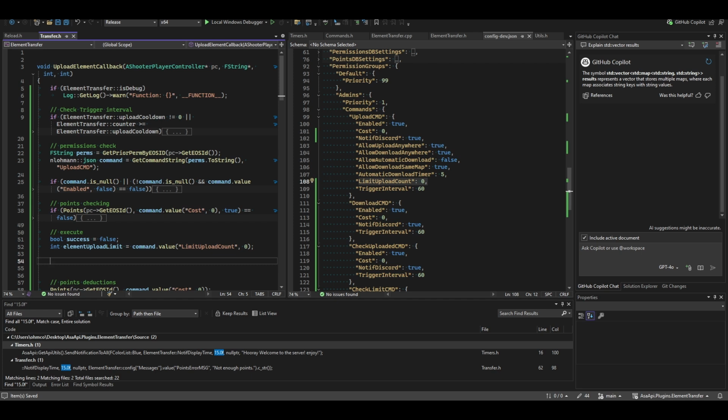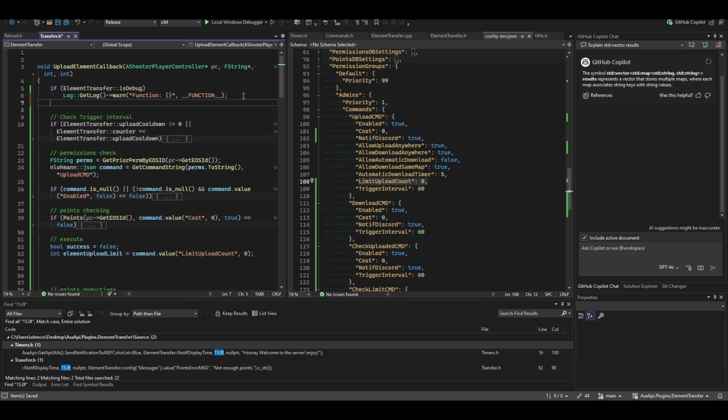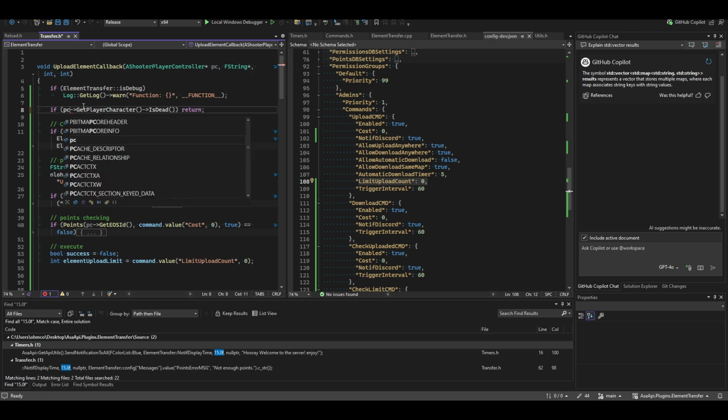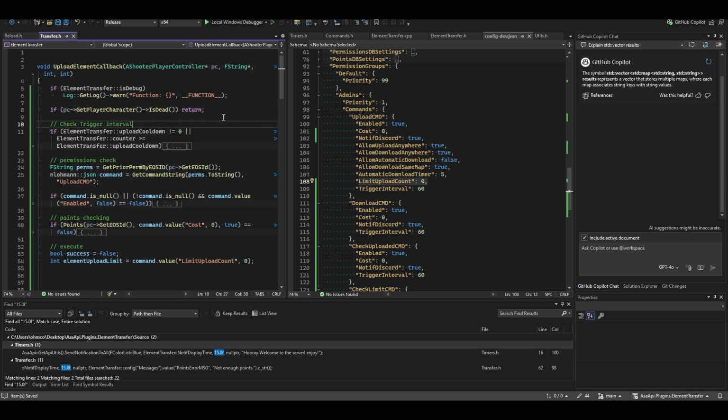Okay, so going back, of course, we're going to do some checks here internally, like if the player is not dead. We're going to change it to PC because my code before is like player controller. Before we get anything else, make sure you're not dead, because if someone killed you